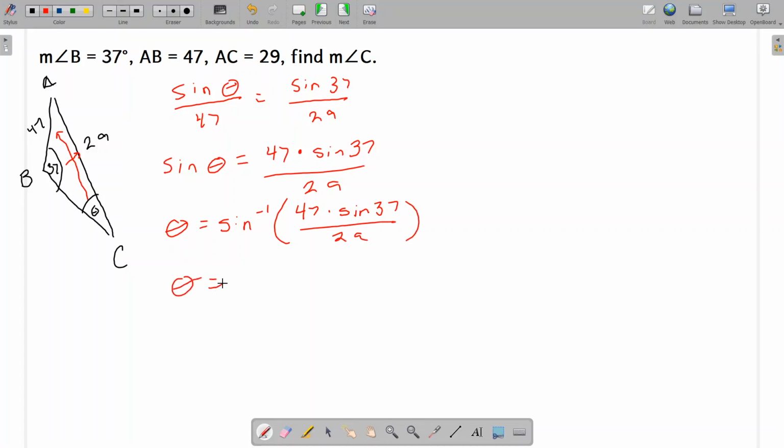So now when we make this calculation, we get 77.3. And then our second possible solution comes from doing 180 minus 77.3, which gives us